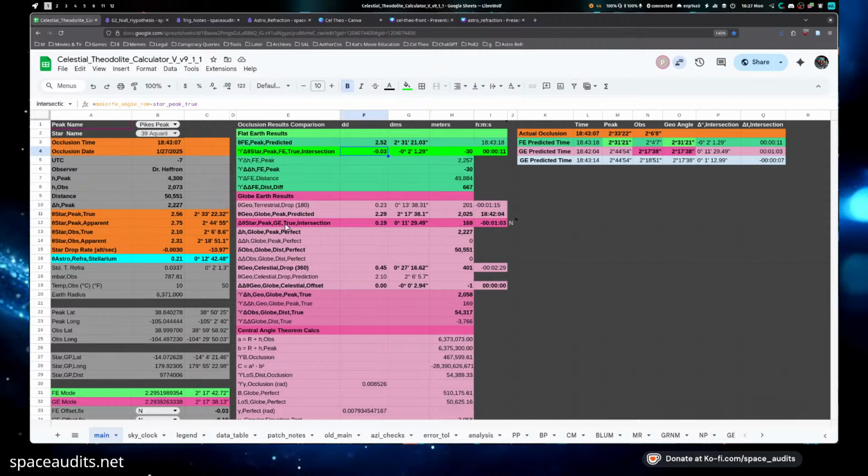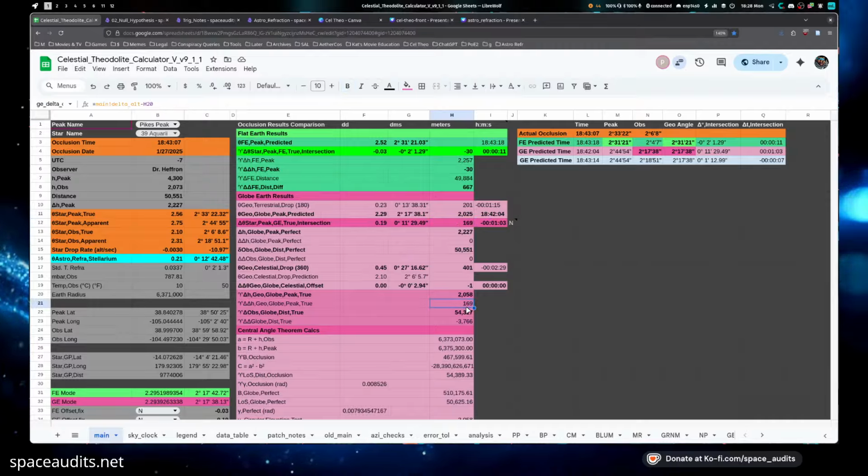Now the globe, of course, had 169 meters of intersection difference. It's a weird number. It's about 170. If you take these two and add them together, it's 200. It equals what the drop over distance should have been. So in this comparison, the how much we're off versus how much the globe is off. Oh, I'm sorry, I'm comparing the geometric intersection. So this is how much the globe was off from their geometric intersection.